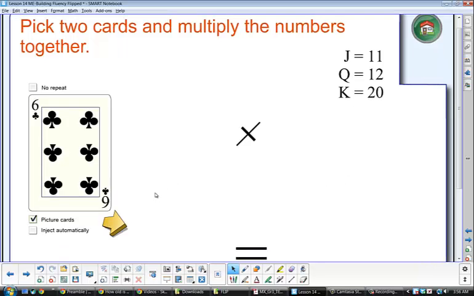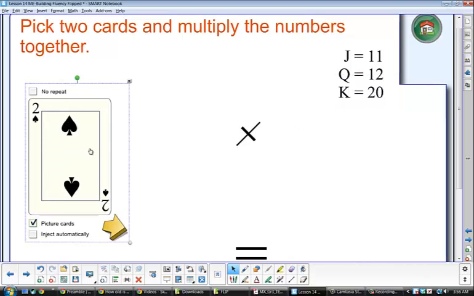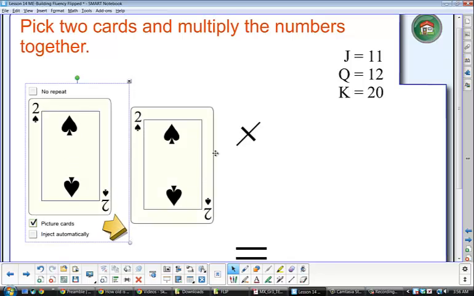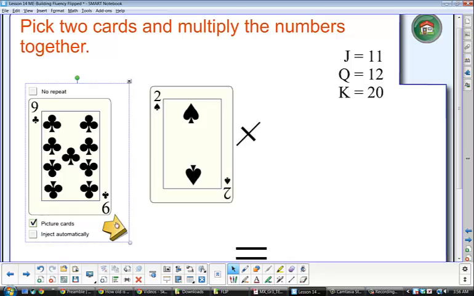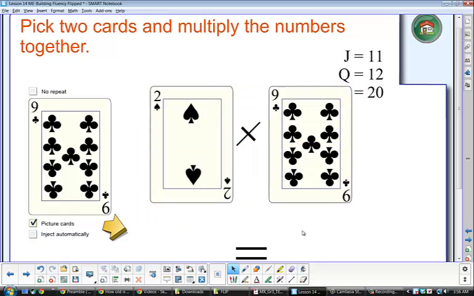If you notice, there is pick 2 cards and multiply the numbers, and you can vary on this. For a challenge, I made the king's 20 points, or the number 20. So if you come up with a king, you have to times it by 20. So 6. Let's see. We got 2. Pull it out. times 9. 2 times 9 equals 18. And you can actually do that with a partner.